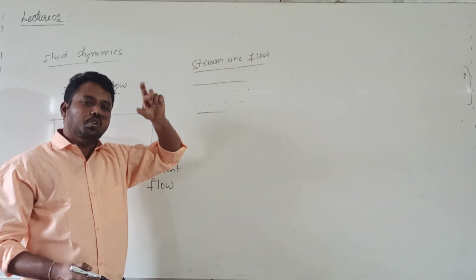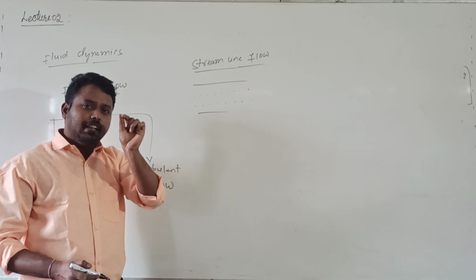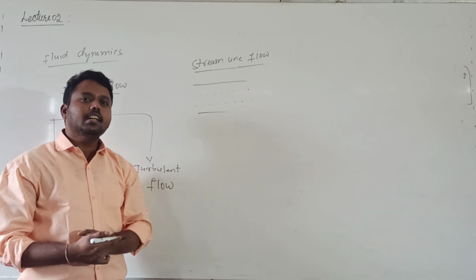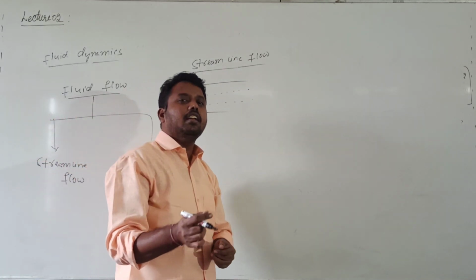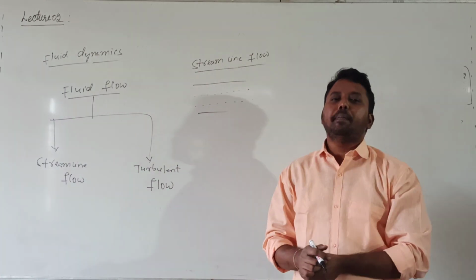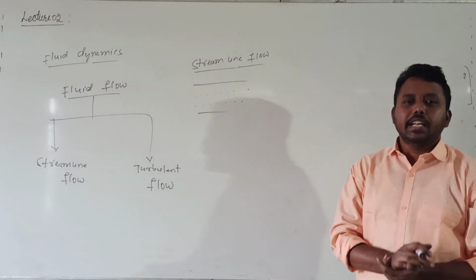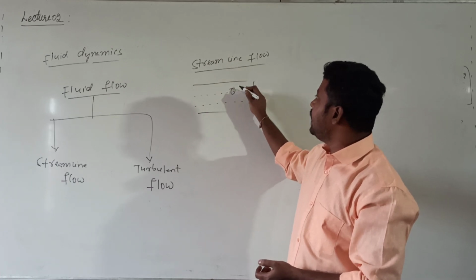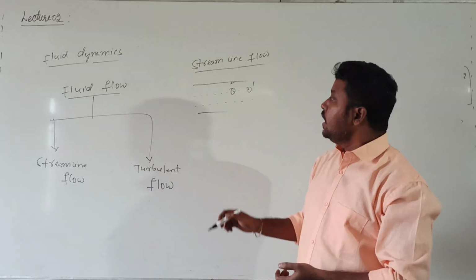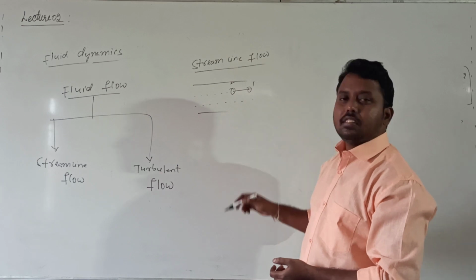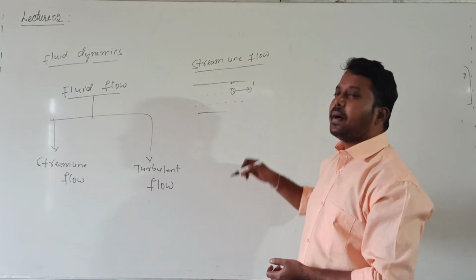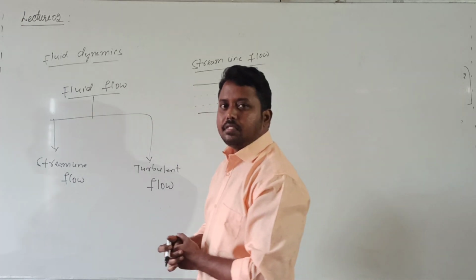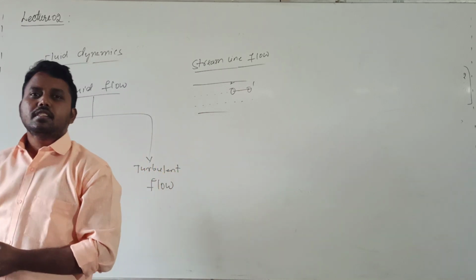the fluid is flowing with a low velocity, such that each and every particle of the fluid will follow the same path as the preceding one. If I consider one particle here, and another particle, the second particle, if the path followed by the first particle is this, the second particle will follow the same path as the first particle.